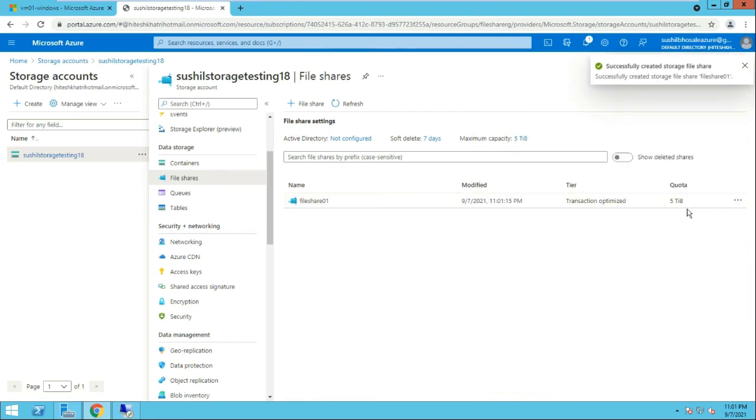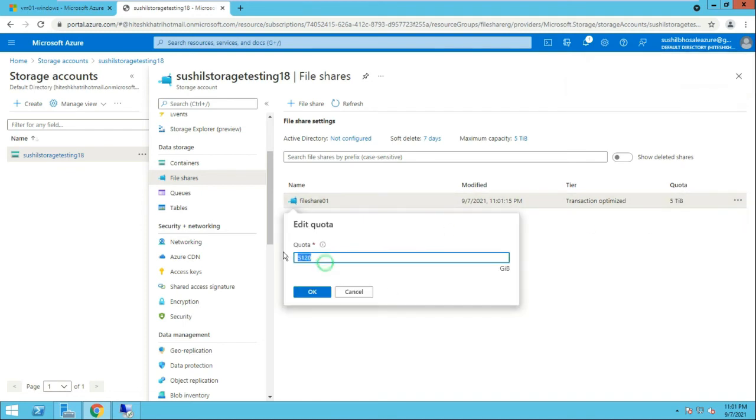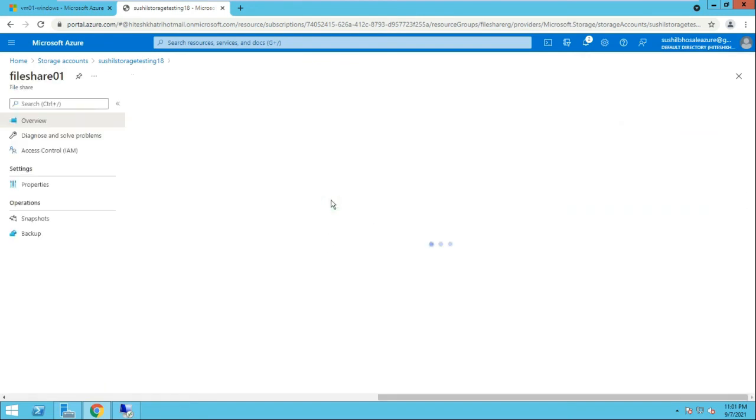Now we can see that a 5 terabyte file share has been created, but we are just going to use 100 GB from this quota. So I will change the quota to 100 GB. Now the quota has been changed. I will be clicking on file share 01,